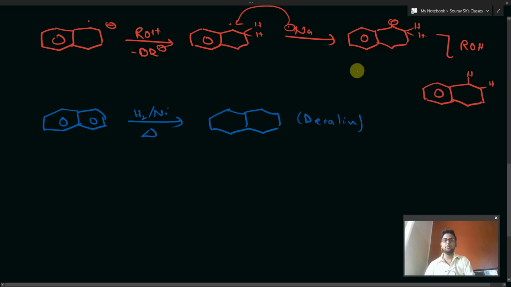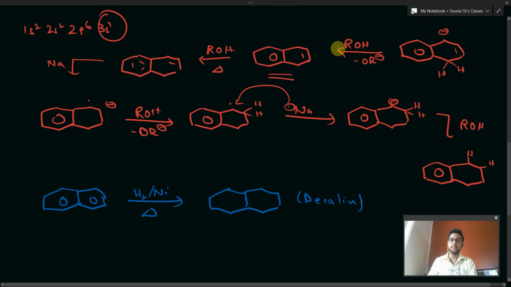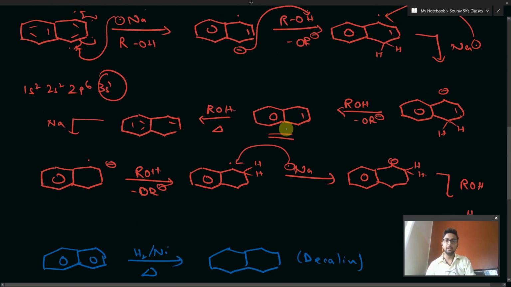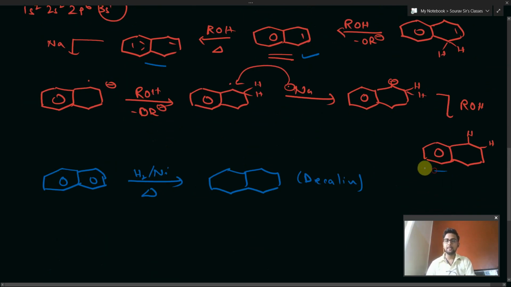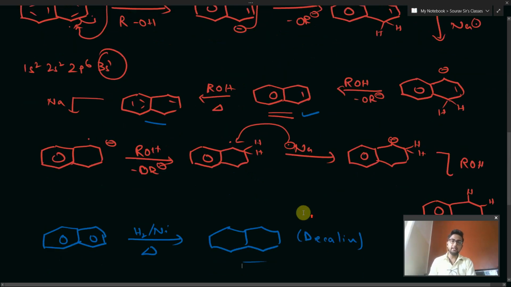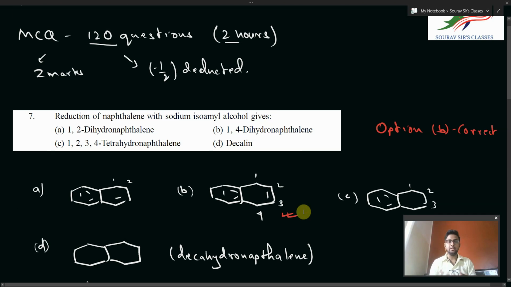So all the options you can see are being formed in this reaction. First of all, this is the exact answer we'll be getting, then the resonance product, then the tetrahydro part, and obviously this one also. So this was all about this video. I guess you have learned a good lesson about how reduction in naphthalene occurs, and this was all about the topic for this video.